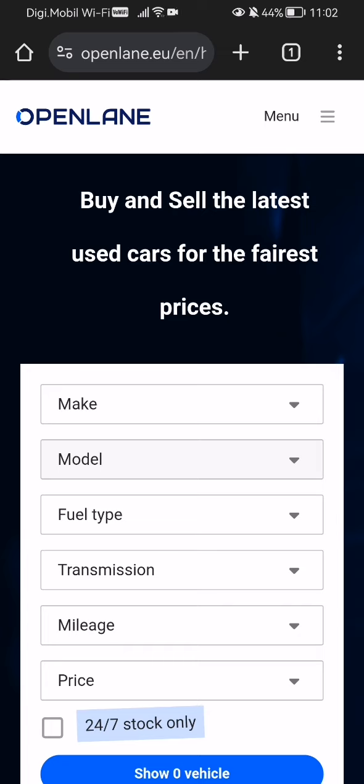Hello guys, in this video I'm going to show you how to find cars for auction in the OpenLane.eu application. The first thing you need to do is enter the app. Once you have done that, you will see here the home page, and you should click on the top